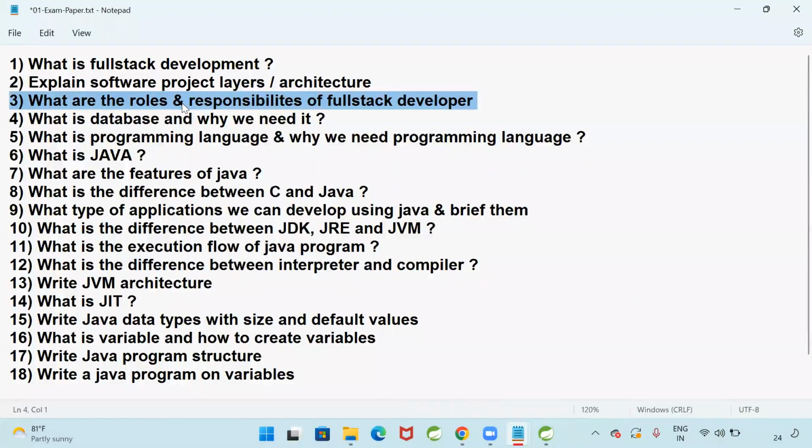What are the roles and responsibilities of a full stack developer?